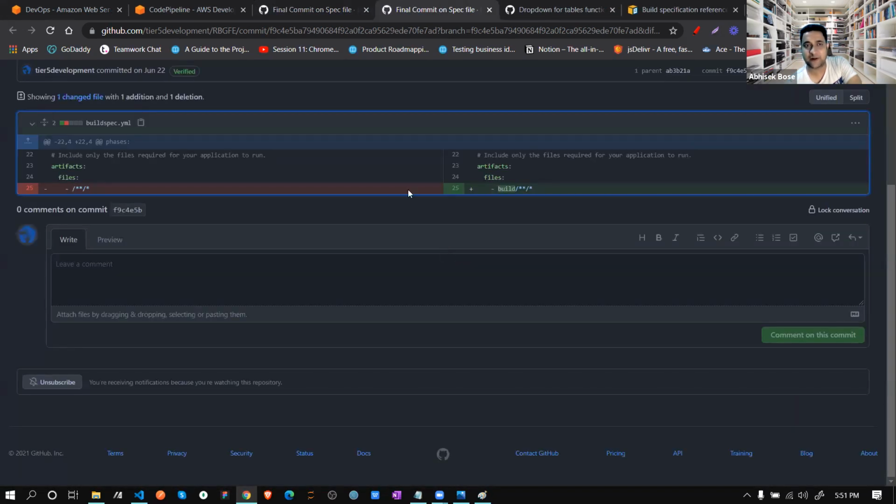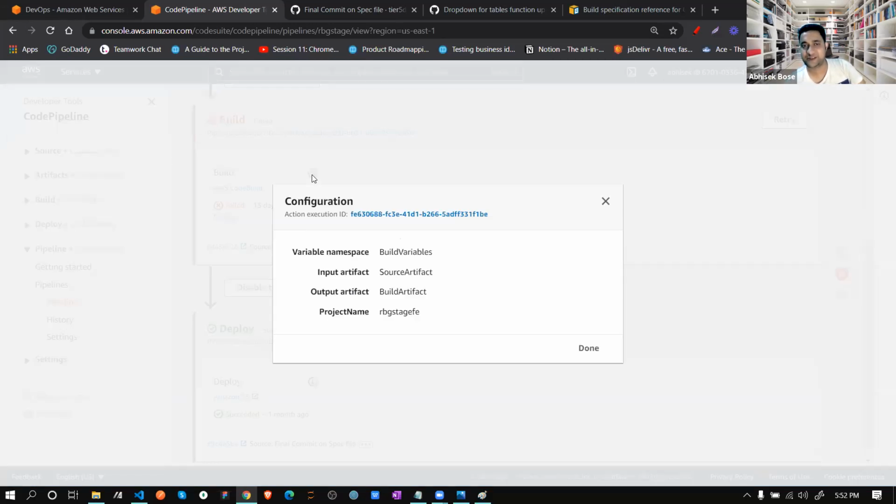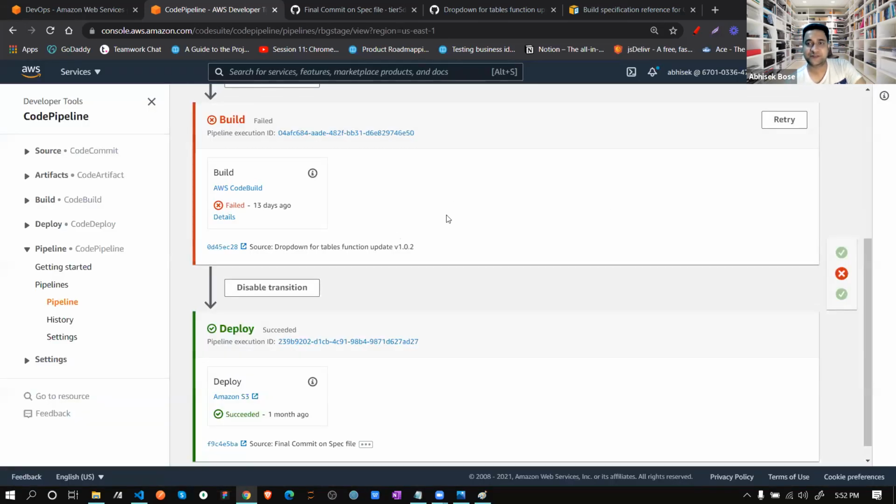Let me see if I can find that file or not. No, this is not there. I deleted it somehow, that's okay. No issue. You got that point, correct? This buildspec.yml file I created, otherwise this doesn't work. Now I deleted that file, so that's why the CodeBuild has stopped. Otherwise it will work.